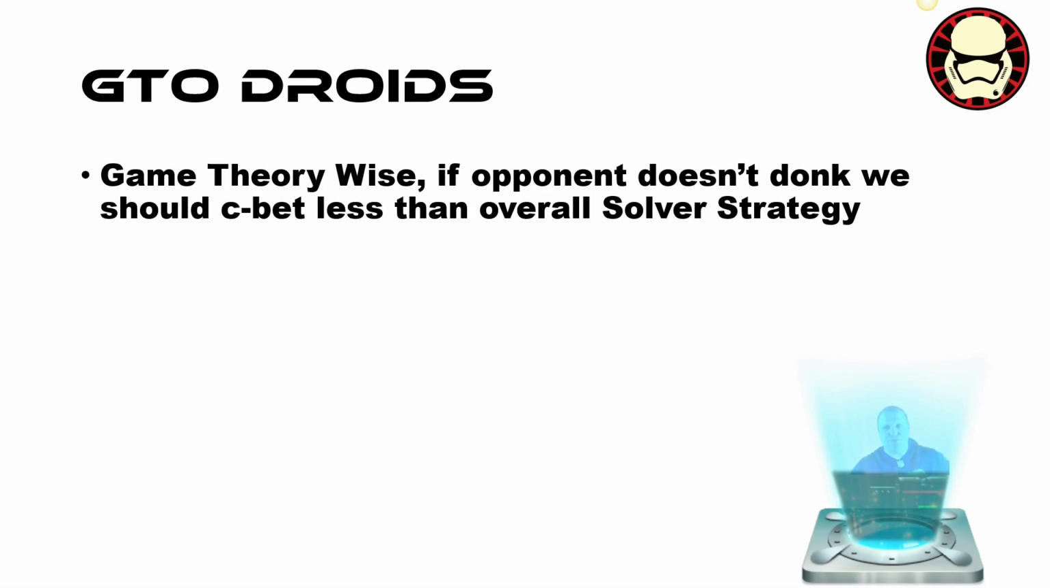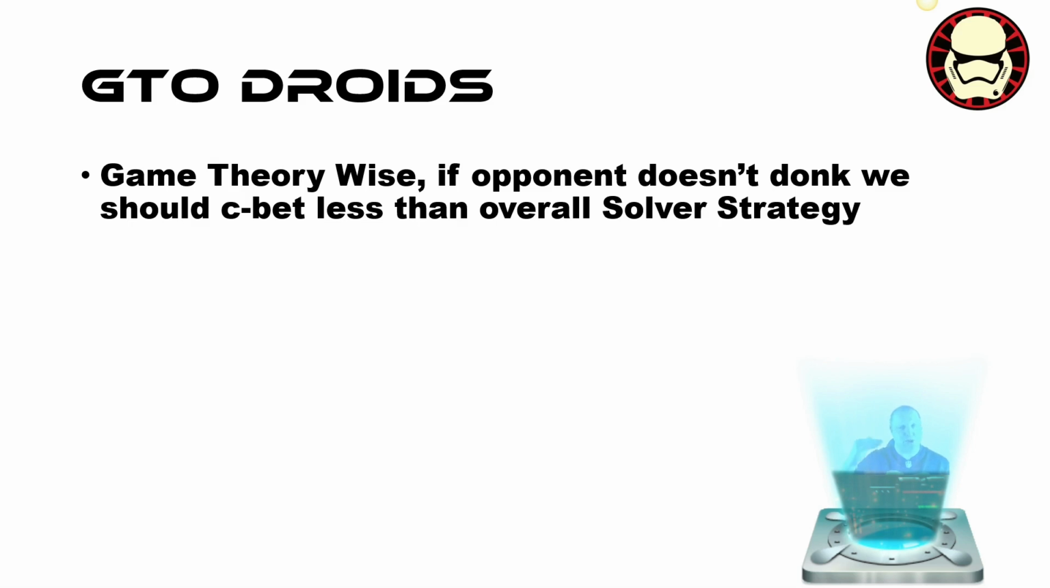But then a few words about GTO droids. Solver droids. And now this is where things get a bit confusing. Game theory wise, if the opponent doesn't donk, we should c-bet less than the overall solver strategy. So if you just check out the solver strategy on certain boards, that okay, solver c-bets here 60% of the time with these hands, then it assumes the opponent also donks the solver strategy amount. And now if the opponent doesn't donk, which is very true in small stakes, like on PLO 10, PLO 20, people don't donk, then